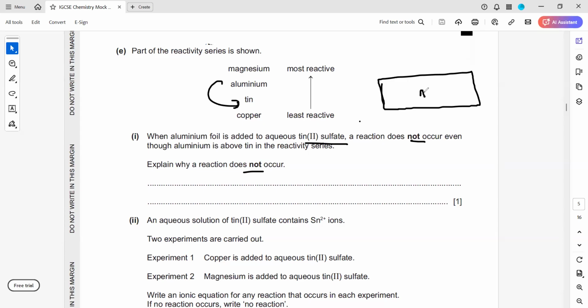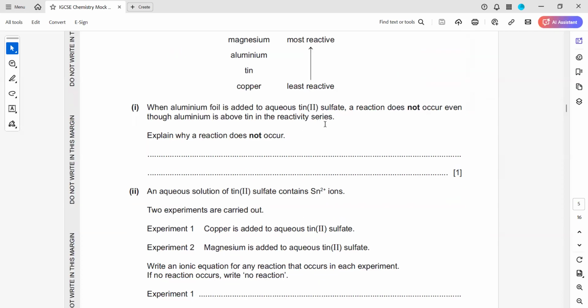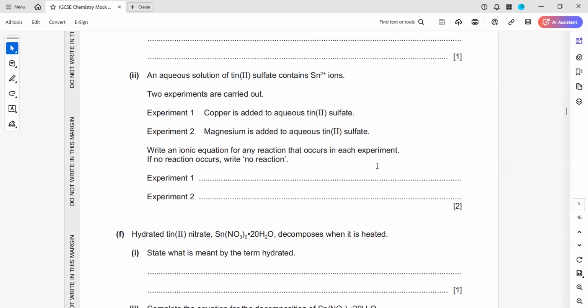Your last sentence is correct. Aluminium is having an oxide layer, an inert oxide layer or unreactive oxide layer or less reactive oxide layer. Whenever you have a piece of aluminium, it always has an oxide layer. That aluminium oxide is not reactive. But the first part was irrelevant, so it's 1 mark. You just have to say that aluminium contains a protective oxide layer which prevents it from reacting quickly. So if you just write due to the oxide layer, aluminium oxide on aluminium, you'll score that mark.